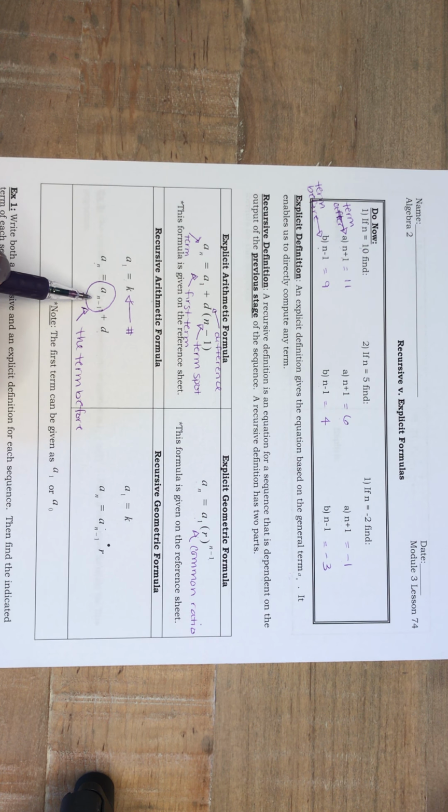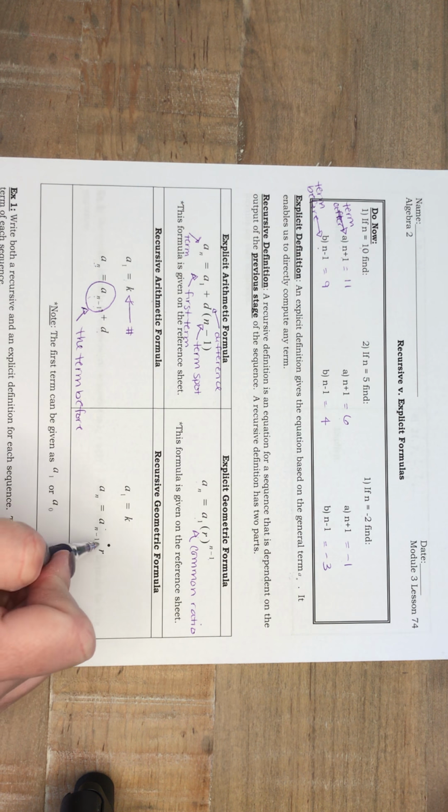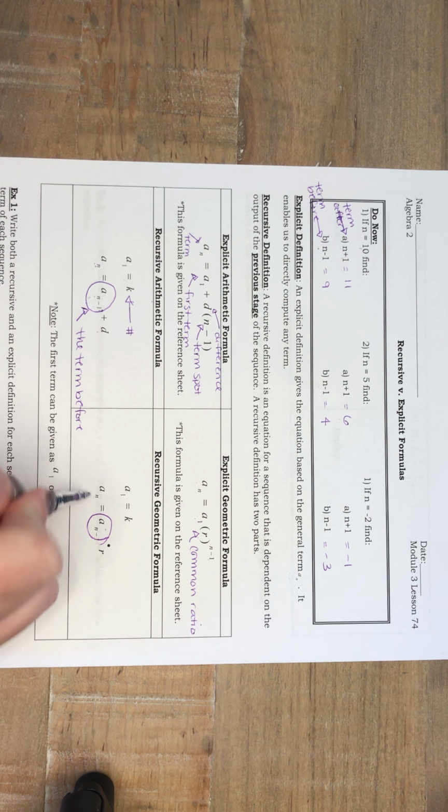So I wouldn't get so hung up on plugging in n here, plugging in n here. That's not really what I want you to do. I want you to see a sub n minus 1, and I want you to think term before this term, okay? And then you just add d. Same thing here with geometric. You're going to take a sub n minus 1, which is the term before this term, and you're going to